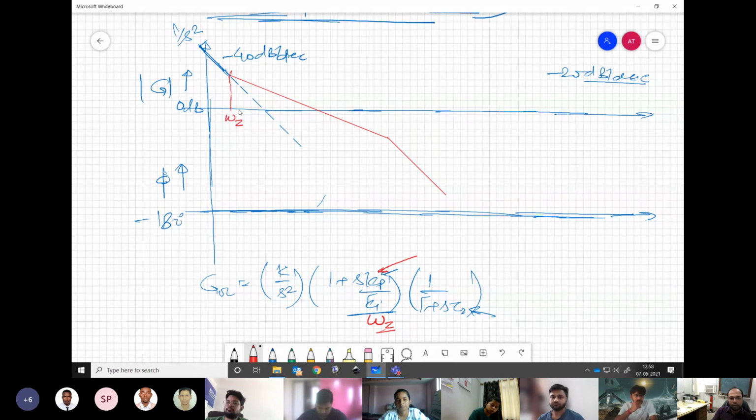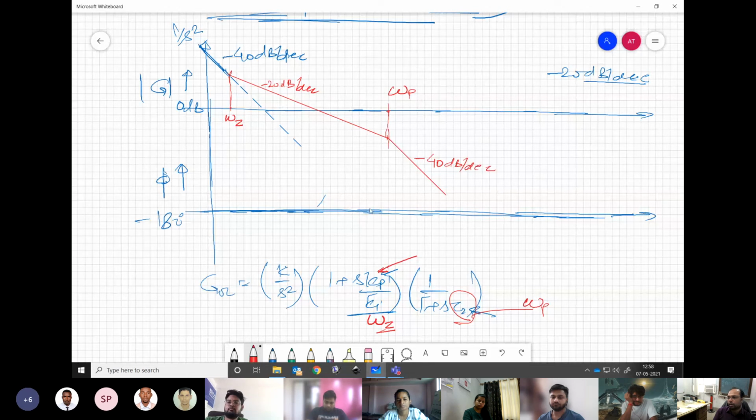So what will happen when a 0 is there? This will change its slope. It will become minus 20 dB per decade. And this should be such that it is way ahead than your pole, what is sitting at tau 2. So if it is way ahead, then before encountering this pole, it will cross this 0 dB line and then only it will meet this pole and then again it will become minus 40 dB per decade